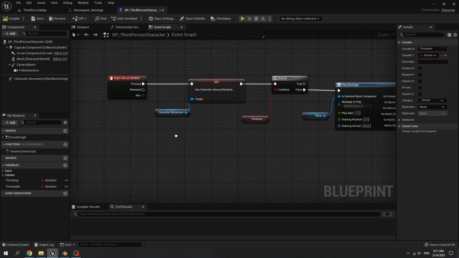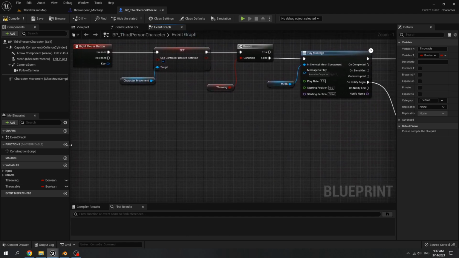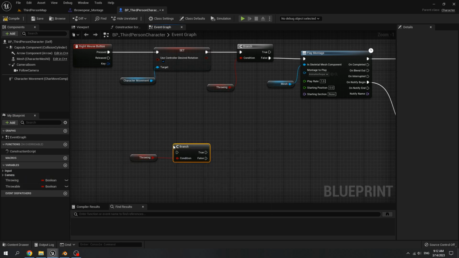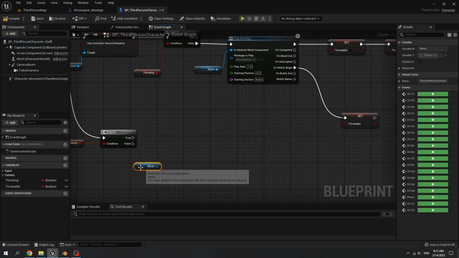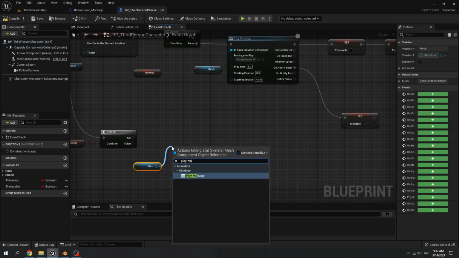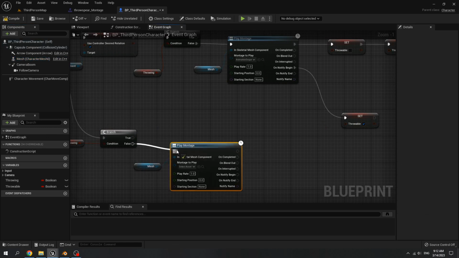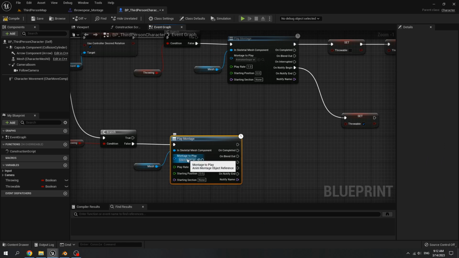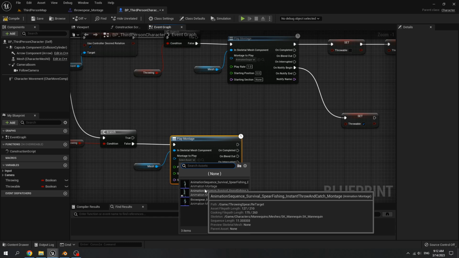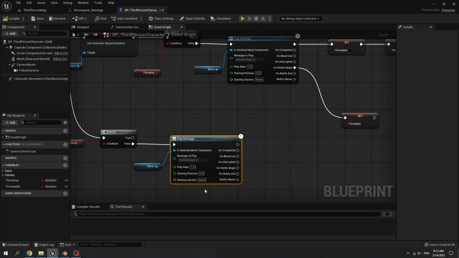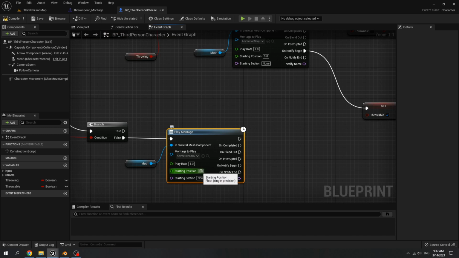For right mouse button release, get throwing, create a branch, connect released to branch, then get mesh, call play montage, connect the branch to play montage, and choose the montage to play, which is the instant throw and catch montage, and set start position to 110.